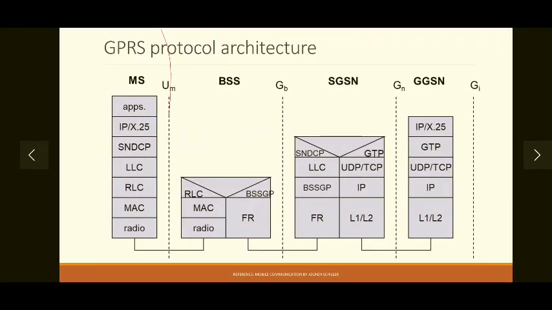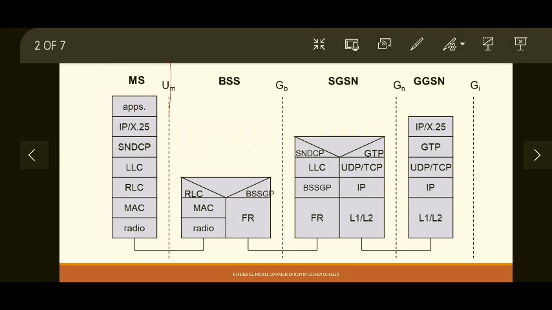Now, different protocols are implemented at different components of the architecture of GPRS, which are connected via different interfaces. For example, for communication between external network and GGSN, which is nothing but gateway towards the GPRS network, there is a Gi interface. All the data is communicated via IP. So GGSN uses IP here.